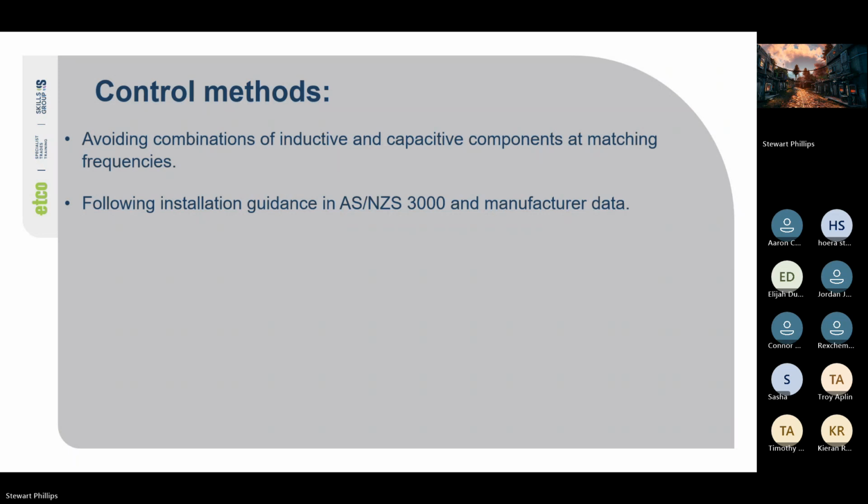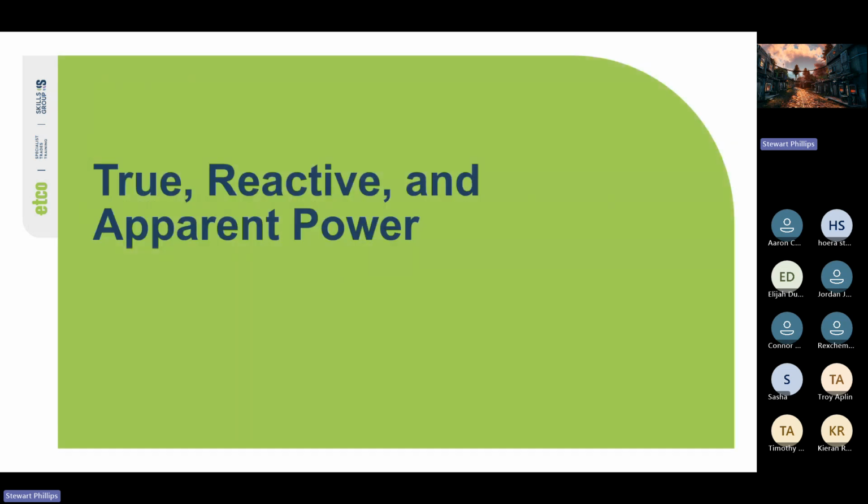So yeah, power factor correction systems, because they're usually used to control inductive reactance, there's a lot of capacitors, and so are long underground cable networks, because the cables can act as a capacitor or an inductor depending on how they've been run. So these are all things we need to be aware of when we are designing and building the circuits that we use. So now that we've talked about that, we'll move into the next part where we'll talk about true,